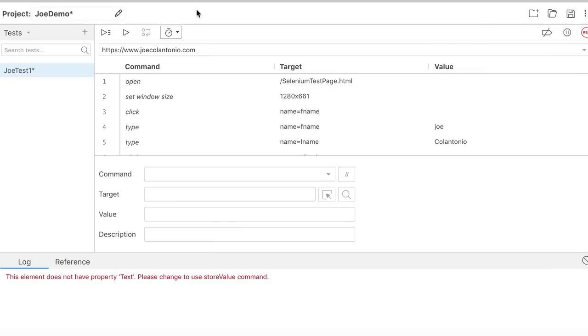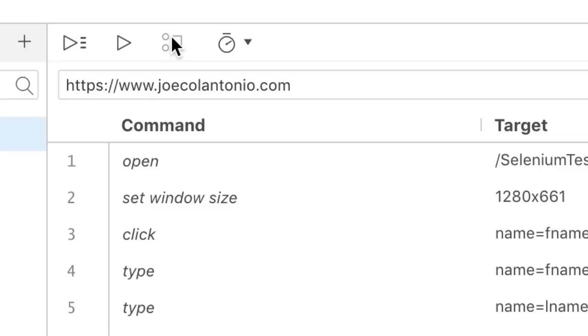All right, so the next set of controls I like to call the debugging controls. The first one is the step option. This allows you to step over your test case by running each command one at a time. It's really helpful when you're debugging to go step by step and look exactly what's happening at each point within your test. It's really excellent for hard to find issues that you may not know just by running the test and looking at the results.